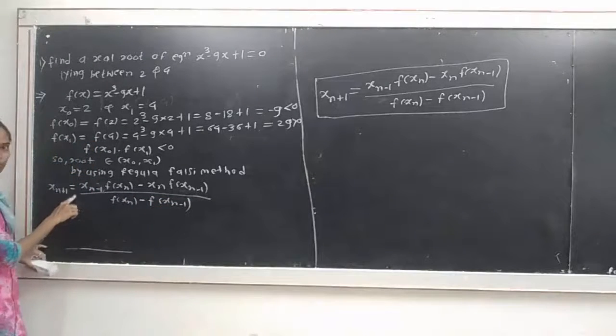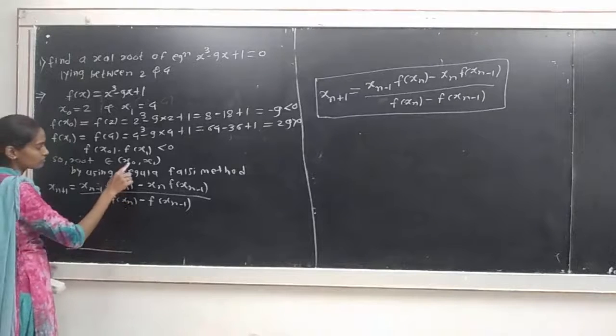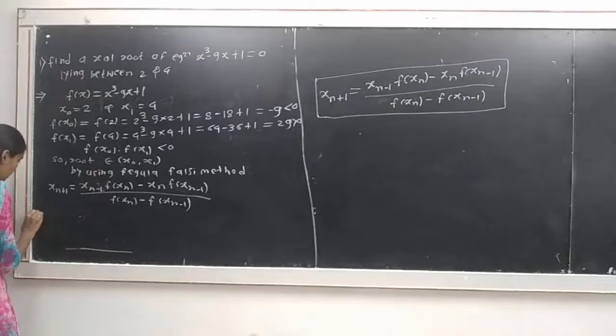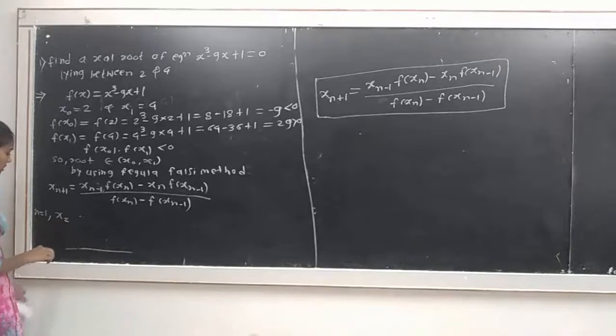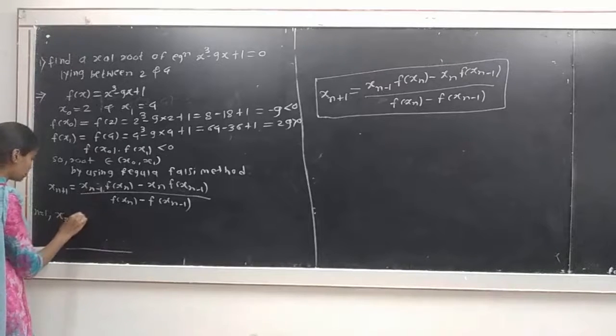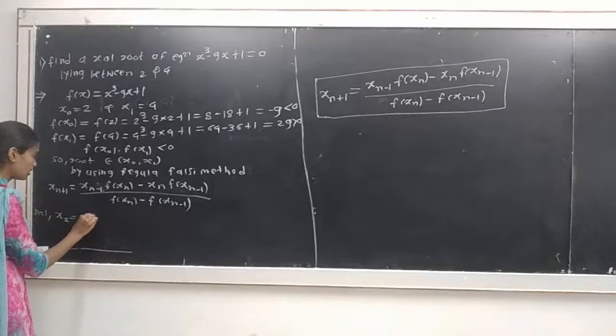We write the formula for next approximation here. Next approximation will be x2. Then for n is equal to 1,